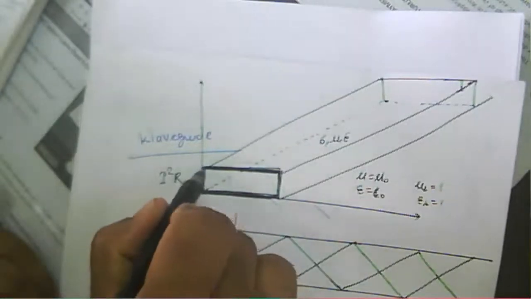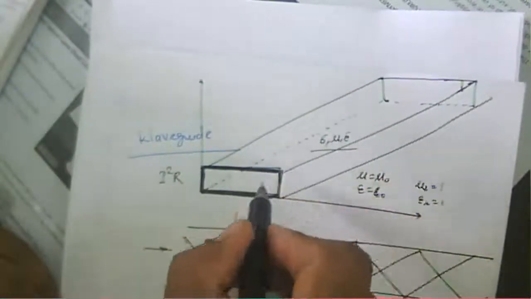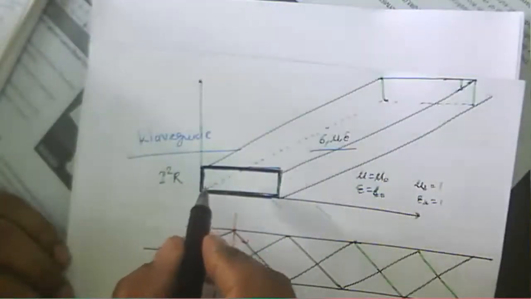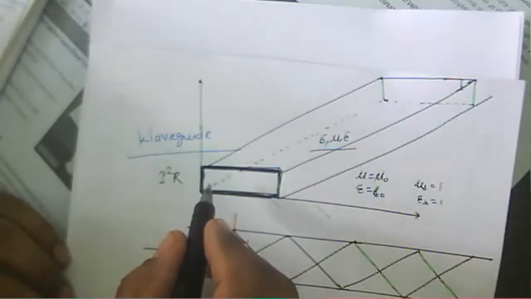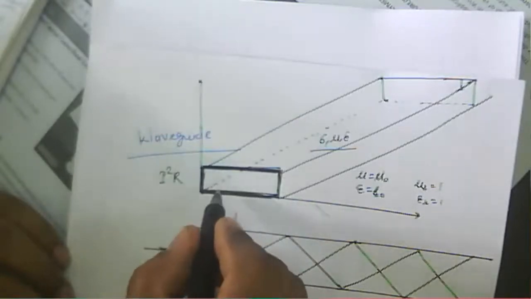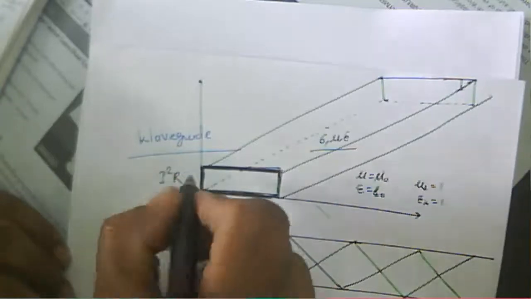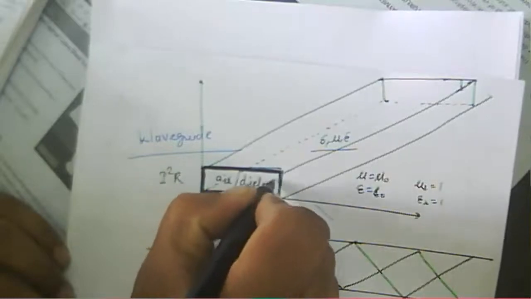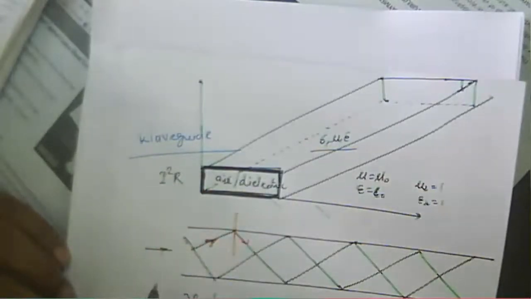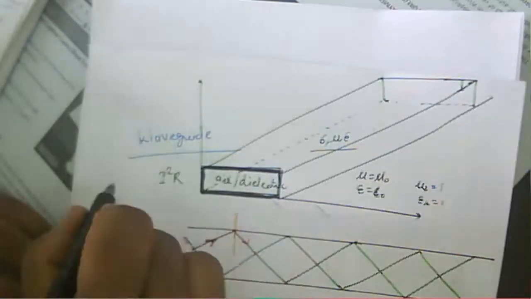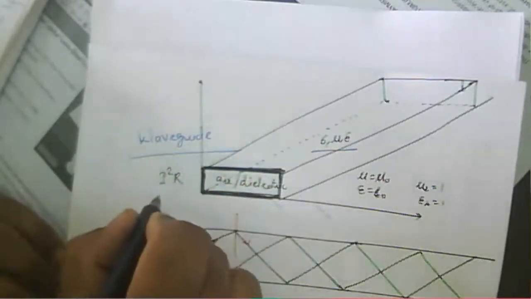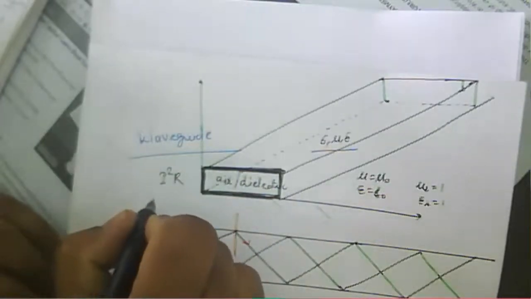And here, in a waveguide, we say that the medium is constant, and the wave is propagating through the guide. We say that it is a hollow one. That guide is a hollow one. So whatever the medium is there, that medium can be air, or a dielectric medium. Air or a dielectric medium is present in that particular guide. Because of this guide and because of the dielectric present, dielectric losses are less.